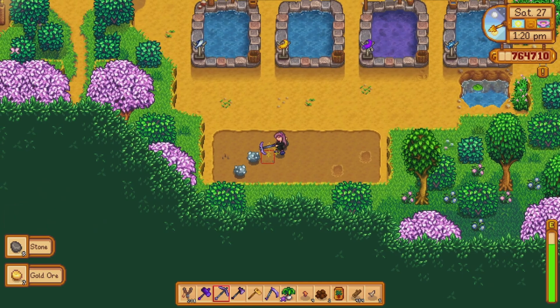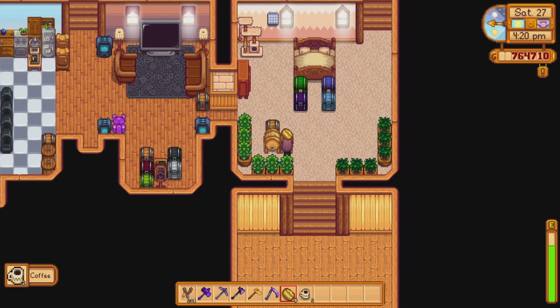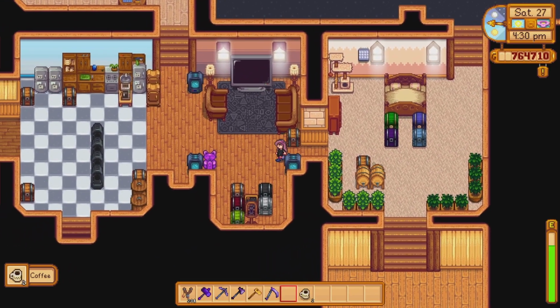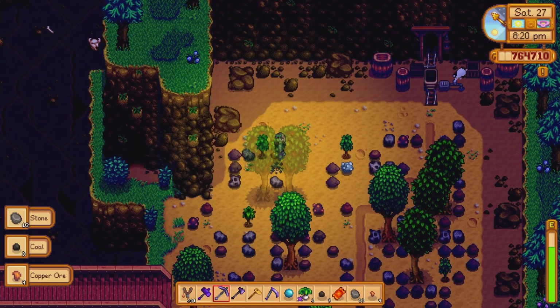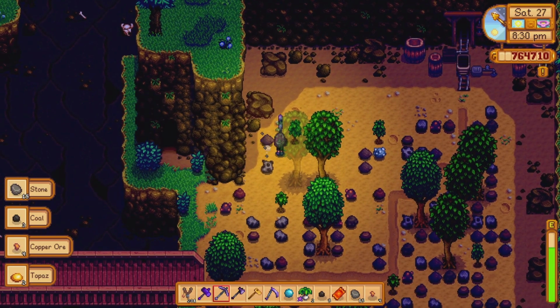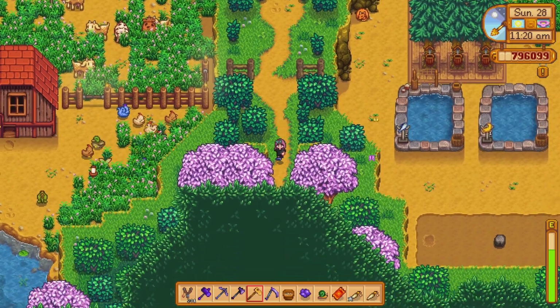Back on the farm, I cleared out the mini quarry, harvested the fruit trees and refilled my coffee stock. After clearing the ghost crystal, I suddenly don't know what I should do. I brought out some gifts for the kids and Kent, then spent the rest of the day clearing out the big quarry. Day 28. I fixed the wallpaper in the farmhouse, went into the Sunset Forest and unlocked the Spring